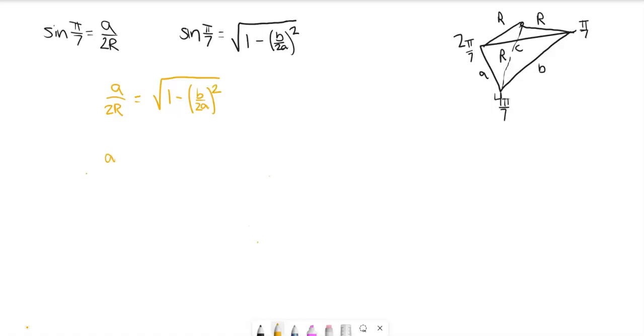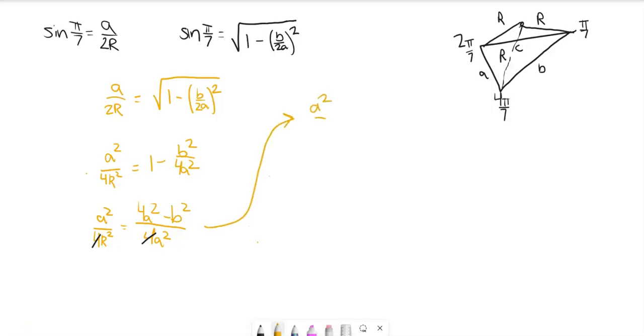So what we'll do is we'll square both sides and we'll get a squared over 4r squared equals 1 minus b squared over 4a squared. And of course, going further, we can find the common denominator on the right side. So we'll get 4a squared minus b squared all over 4a squared. On the bottom, there are 4's in both denominators, so they can be canceled off. So we are left with